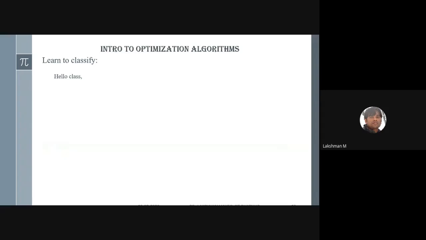So from that perspective, we need to define some kind of classifier. The simplest classifier would be a linear classifier. Here I have taken two examples of messages. Easily from the messages you can identify which one is spam and which one is the genuine message. Like one message reads out, "Hello class, homework 1 has been posted and it is due on Thursday." And here my name is appearing.